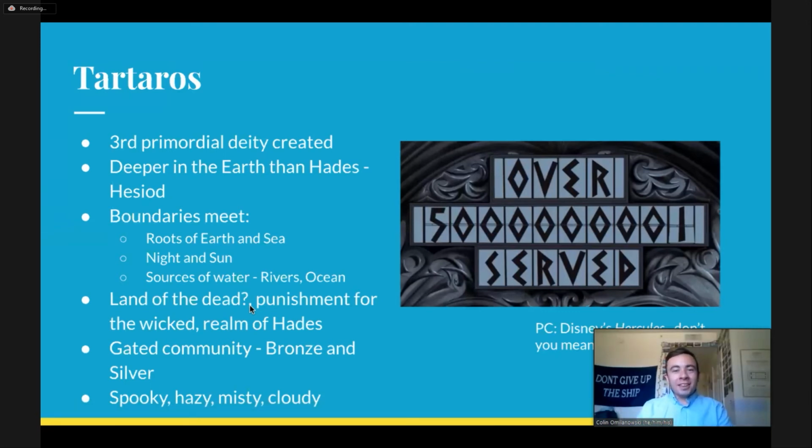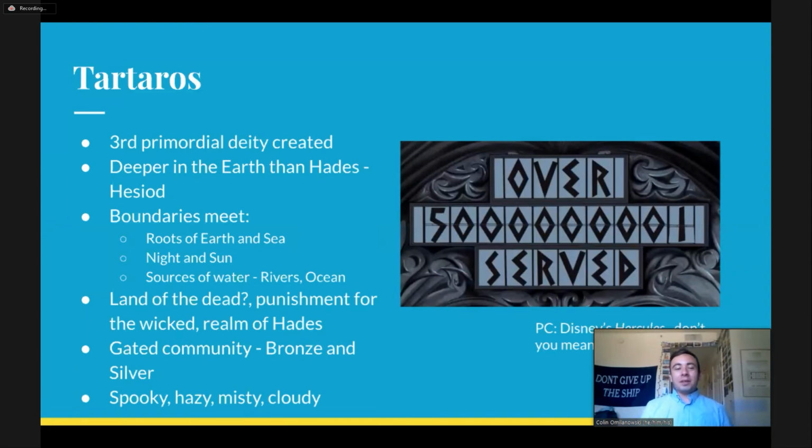Alrighty. We have done the invocation to the Muses. We've gone through the scourge and bane of men and women through Hesiod's Theogony, and now we are at the end, Tartarus. If we remember from the Theogony, Tartarus is the third primordial deity created. Supposedly, according to Hesiod, he's actually deeper in the earth than Hades. So if you're driving on a really long highway, let's say you're going through East Texas, and you find a little town and there's Hades, and you go like 10 hours more, and then you get to Tartarus. It's a really long way to get there.